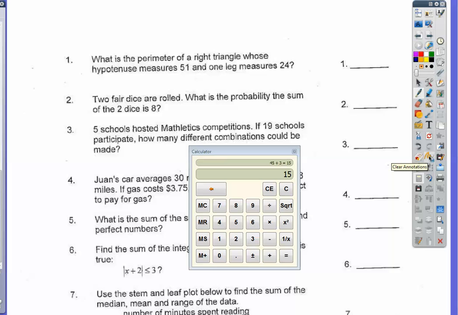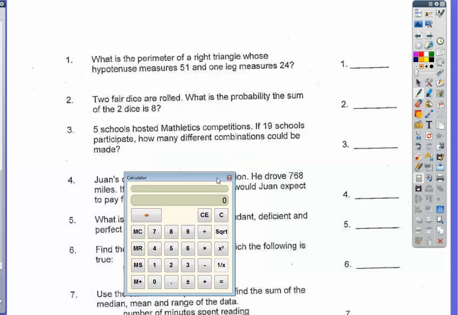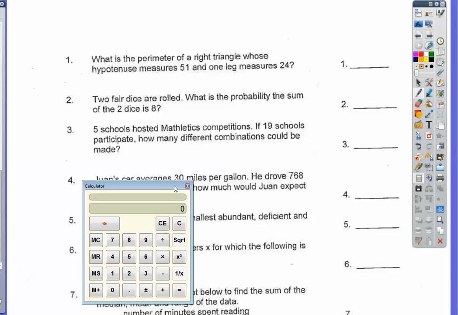All right, so the next one. 5 schools hosted mathletics competitions. If 19 schools participate, how many different combinations could you have? All right, this is one ripe for the graphing calculator. So we have combinations. It says combination here. So the combination equation is